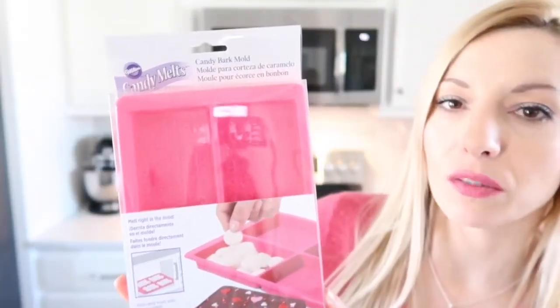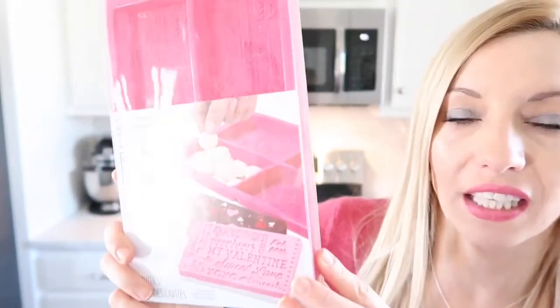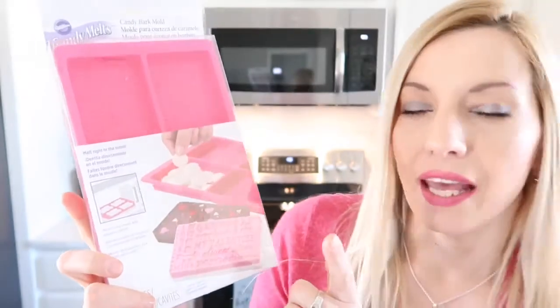I have this candy melt mold, and it's actually a Valentine's Day one, and I have had this for a couple of years now. You can buy it at Joann's, and with a coupon you can pay only a few bucks for it. If you don't have that, you can definitely use any silicone cups. I also saw Walmart or other stores selling ice cube trays that are heart-shaped. You can use those as well, even though they're a little bit smaller. So I'm going to use that, and also I'm going to use